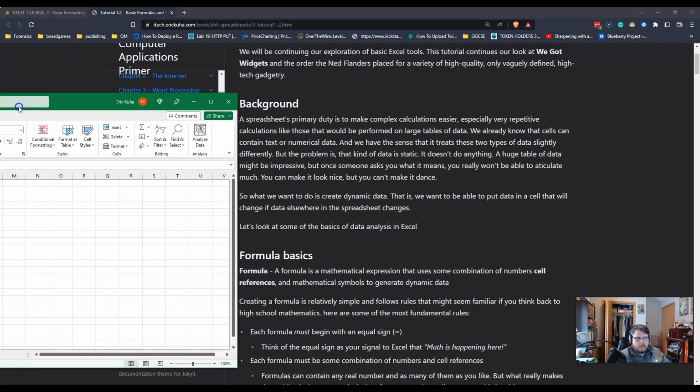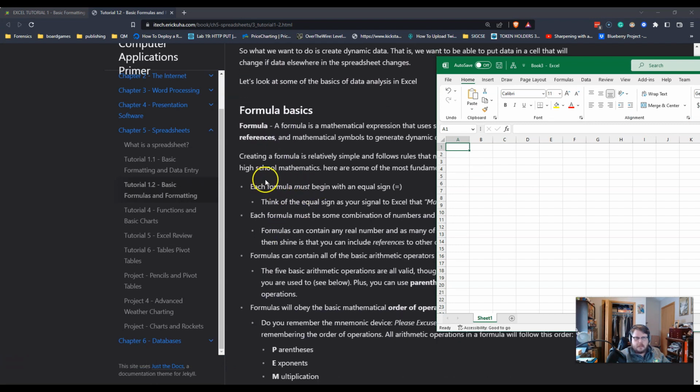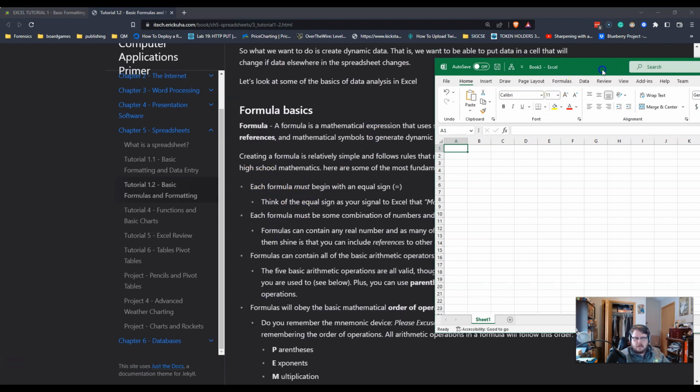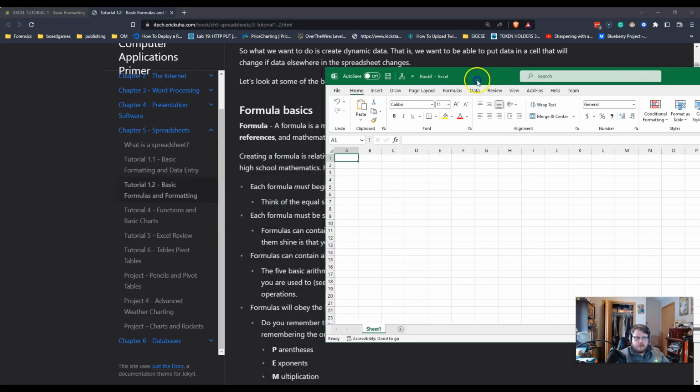So I have a blank spreadsheet here. The first rule of every formula inside of a cell is, first of all, what is a formula? A formula is a mathematical expression. It's going to use some combination of numbers, cell references, and mathematical symbols. And that can allow you to generate dynamic data, data that changes when the initial conditions are changed. So for example,